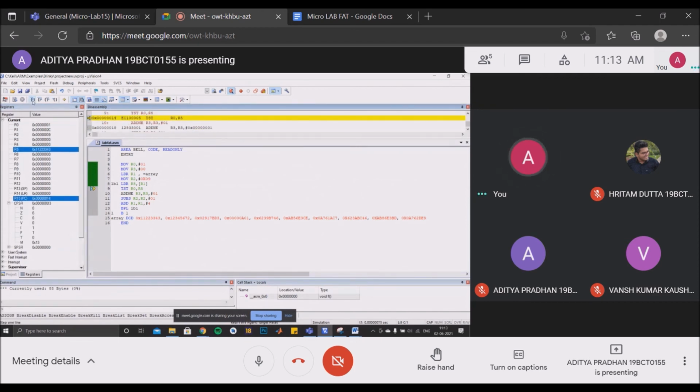The program will run in the same way as we have seen in the first part. So as we change the last element, which was initially even, to an odd element, the value in the R3 register will be increased. That is, the R3 register stores the number of odd elements in the array. It was initially 5, now it will show 6. We will show the output of the program. My friend Aditya will run the program till the end.